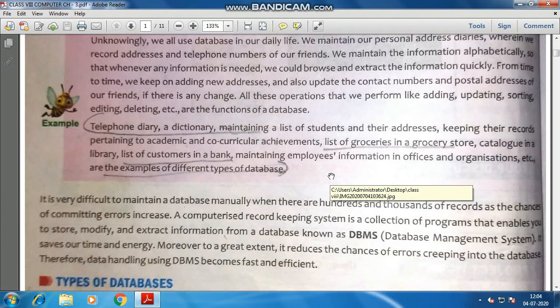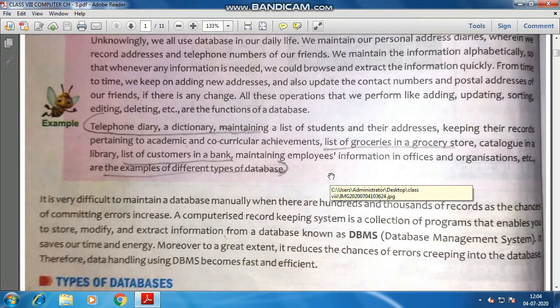Like suppose an activity is happening 2 days later, so they'll create a small database, where the serial number will be there, the participants' names, the father's name, mother's name, their phone number, a contact number where they can be contacted. What is the name of the activity, what will be the time duration for that activity, when is the activity.